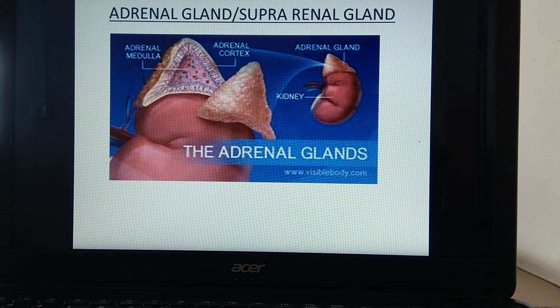In this lecture, we are going to study about the adrenal gland, also called the suprarenal gland. Why adrenal? See the diagram here. This is the diagram of the kidney, and above this kidney, this cap-like structure is present, called the adrenal gland. What's the meaning of suprarenal? Superior to renal, that means kidney. So suprarenal gland. This is about the position of this adrenal gland.